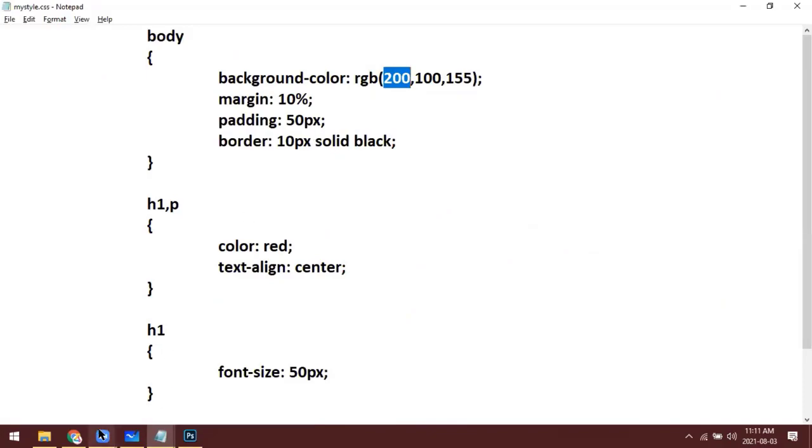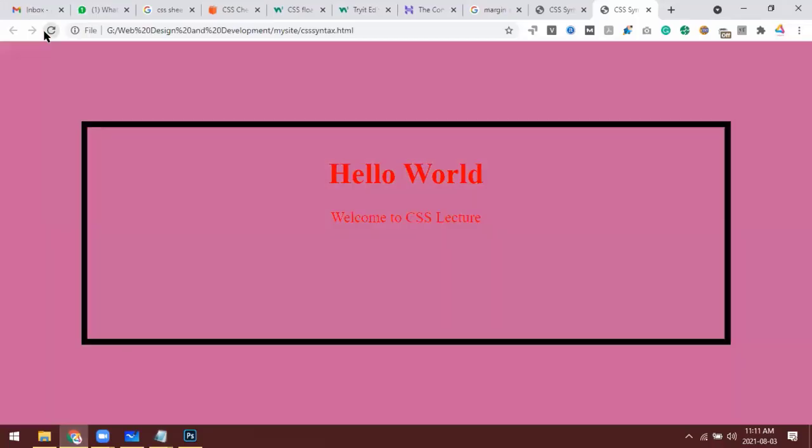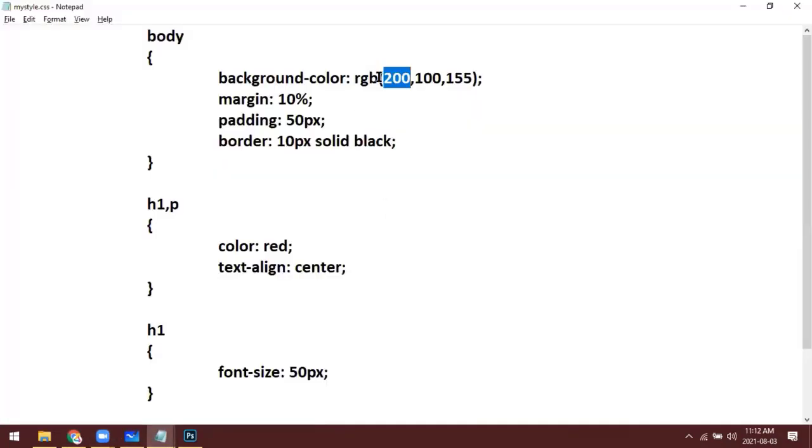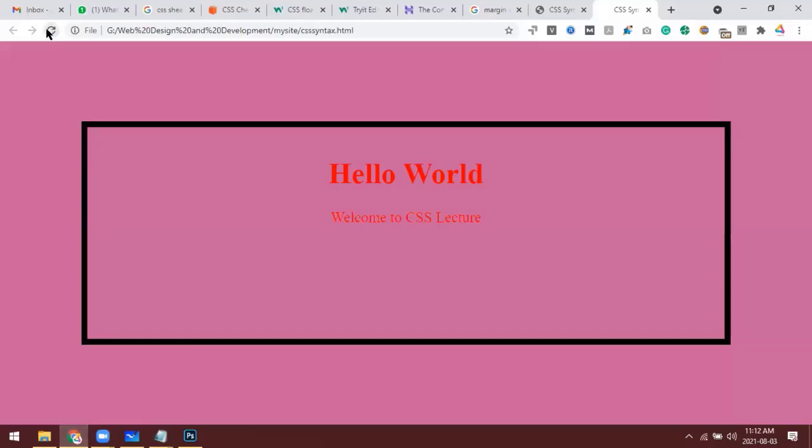So now let's run this. Now we are getting a different color. Now let me give a hexadecimal color format. 1A, B, C, D, E. We are getting this color.